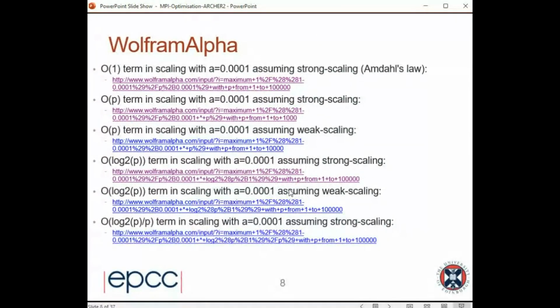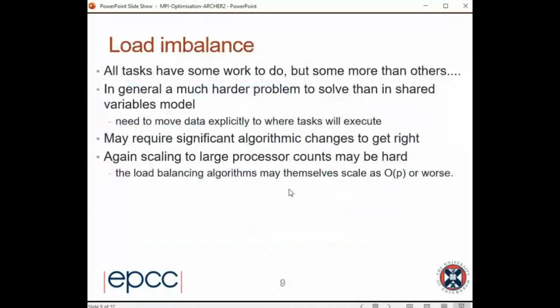There's more here that you can generate if you want, but things can be a lot worse than Amdahl's law. You just have to use a different algorithm, and that's a whole different ball game in itself. But you should not be doing things like sending messages linearly to lots of processes. You should do that with a collective. I/O you should do in parallel, which requires some work.